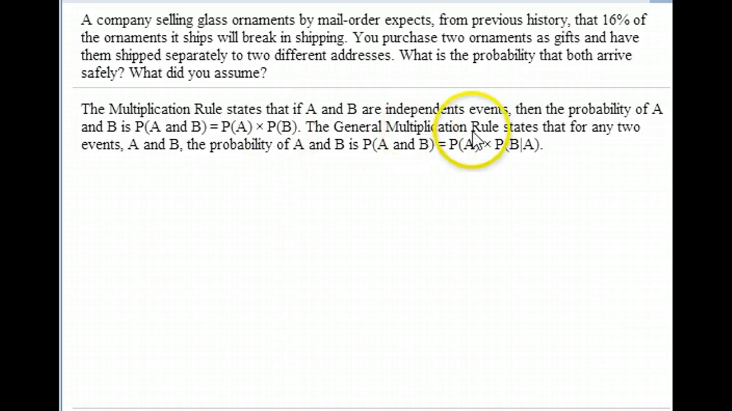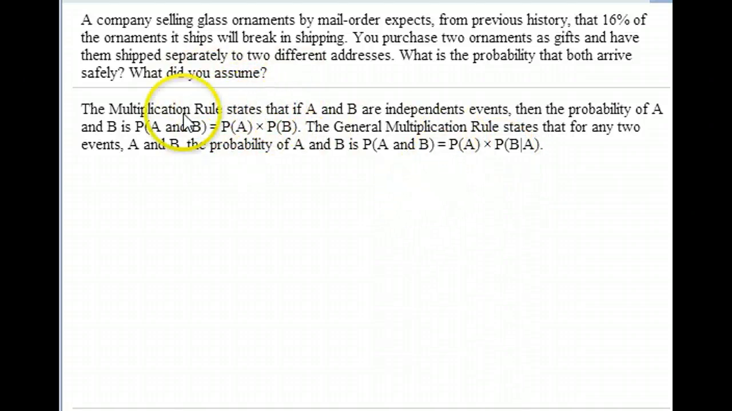Now, the general multiplicative rule states that for any 2 events, A and B, and this one being general means that it can be applied for dependent probabilities. So what that means is the probability of A and B is the probability of A times the probability of B given A. So this is when you have events that are not independent, you can use this. It also works if the events are independent, but it pretty much